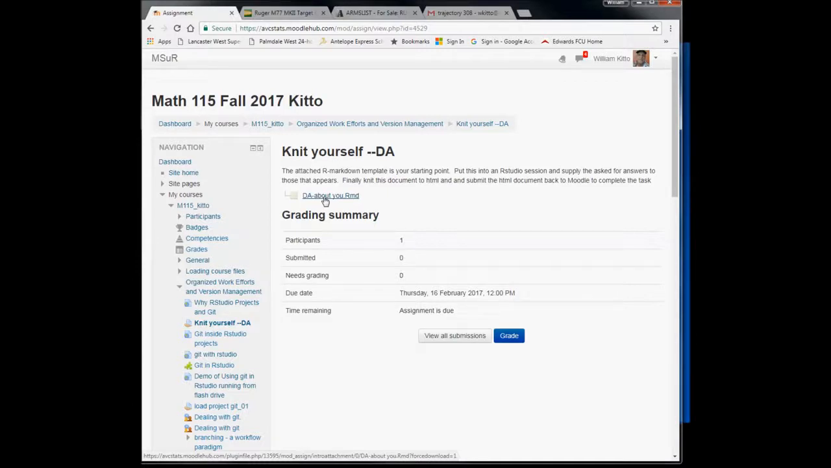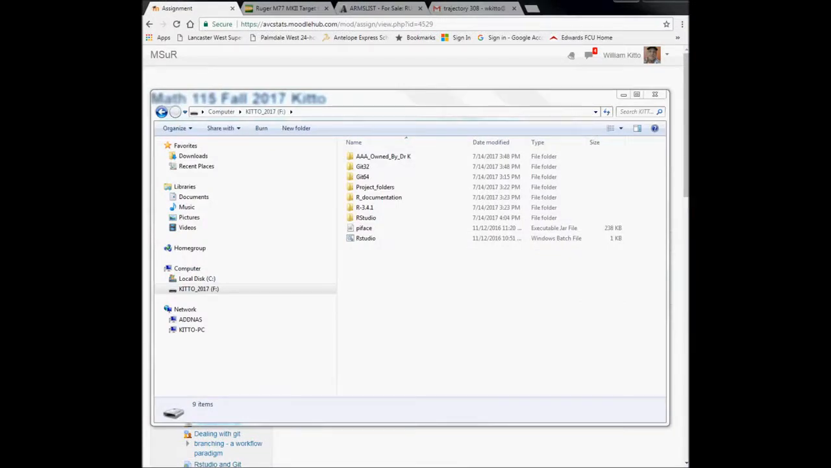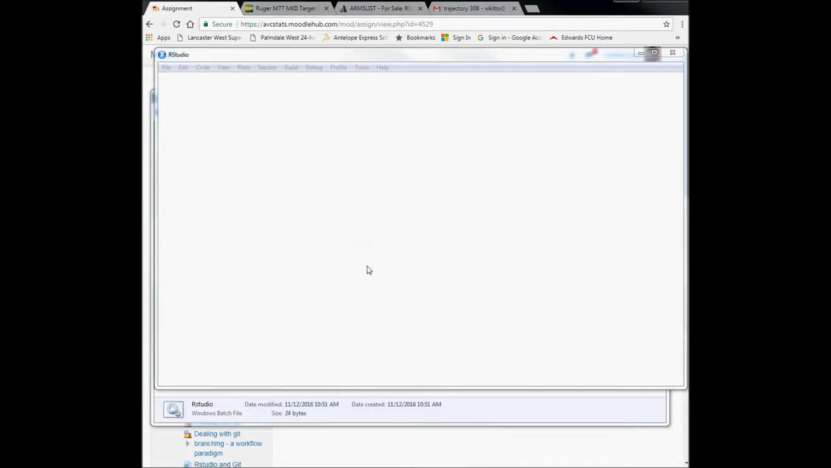So at this point, what we want to do is fire up RStudio and create the RStudio project that we're going to put that file in. Now we have opened up the file manager, looking onto our USB stick, which is in drive letter F, and we're going to start up RStudio by clicking the RStudio batch file right here. Okay,